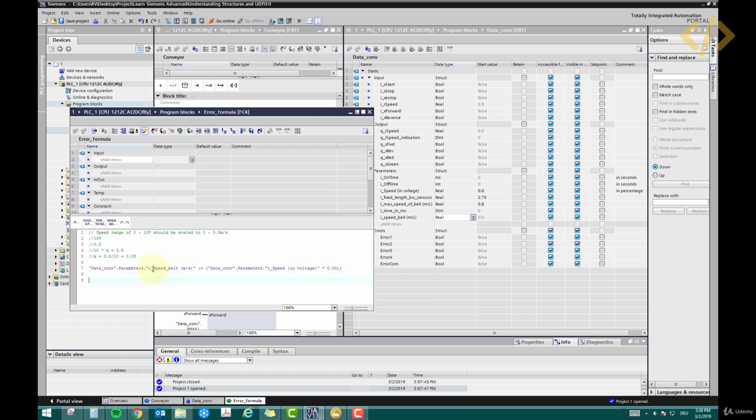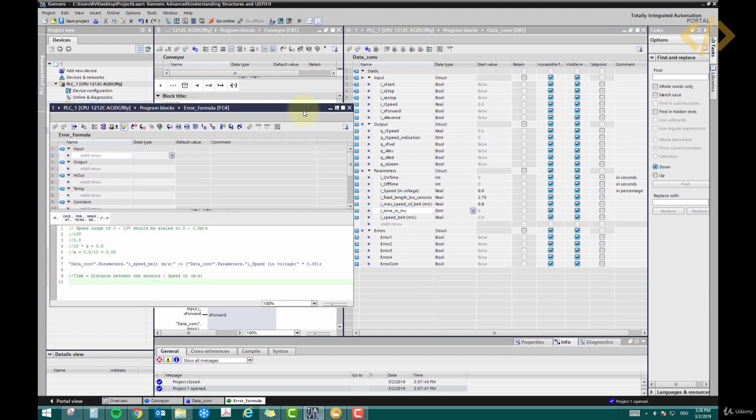So I will put a comment: time equals distance between the sensors divided by speed in meter per second. Okay, we calculate the speed, we know the distance between the sensors, I put it here, so just take the time. So time in millisecond. Okay, this is in double int now, so we'll do some consecutive steps. Time in double int,